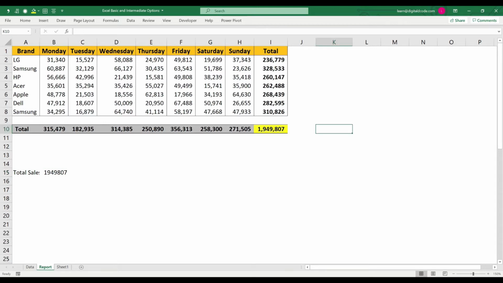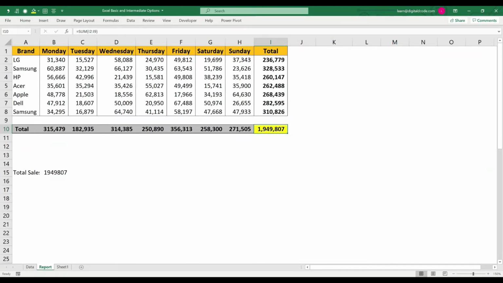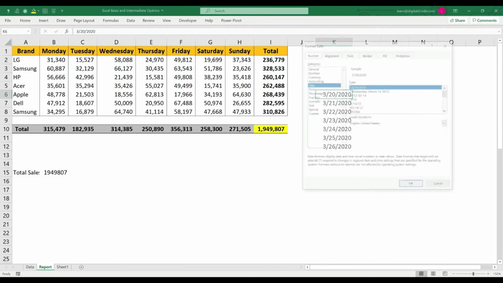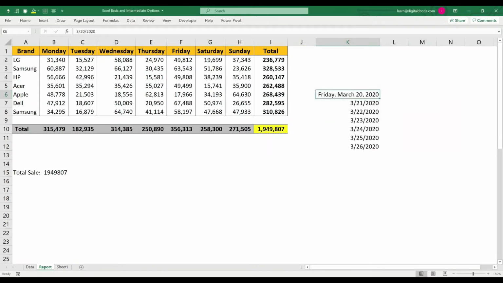Now we'll see the next option, paste special format. Paste special format is used to copy paste the format from one place to another place. Let's do it here. Now here I have a date. I have some other dates as well. Here I already have a date format. I'll keep some format here. This is the format in this cell. I want to apply the same date format for all the cells.